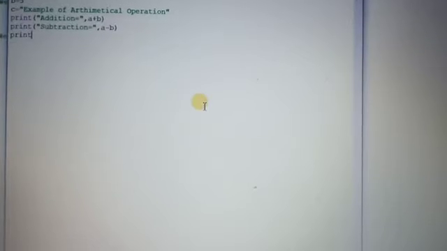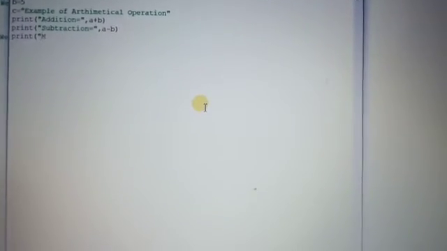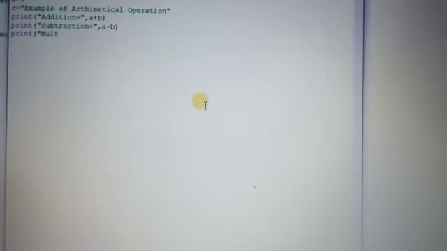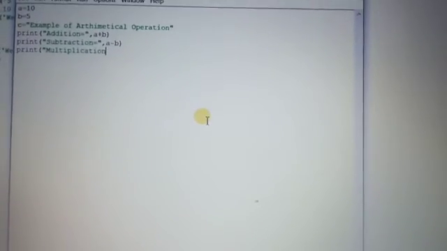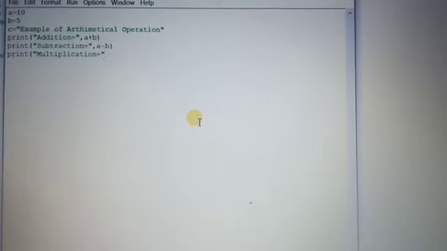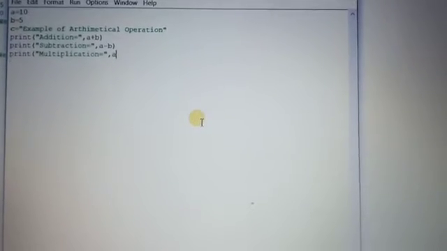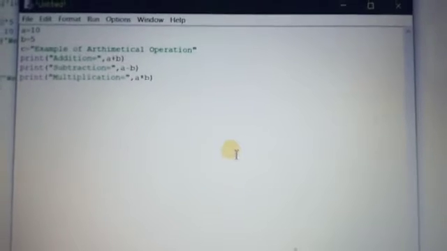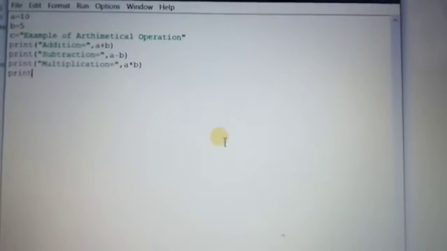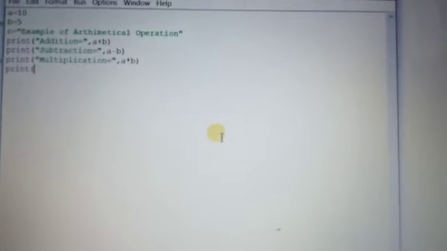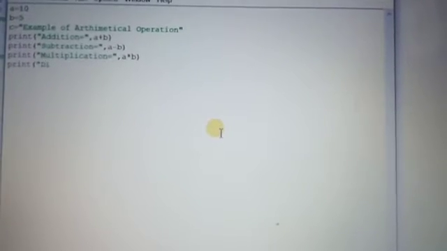Print all the mathematical operations: multiplication equals, we put the star mark, that is the multiplication here. Then print division.